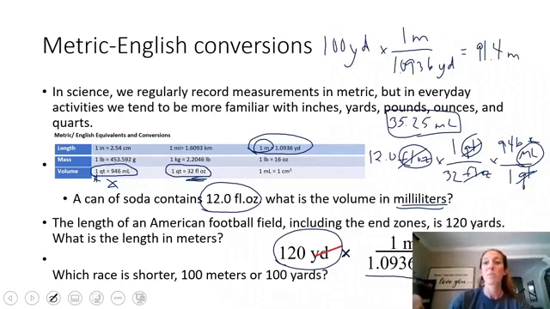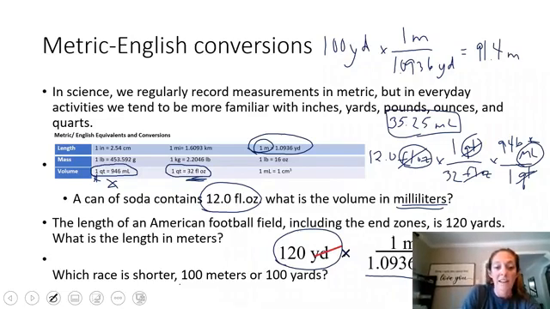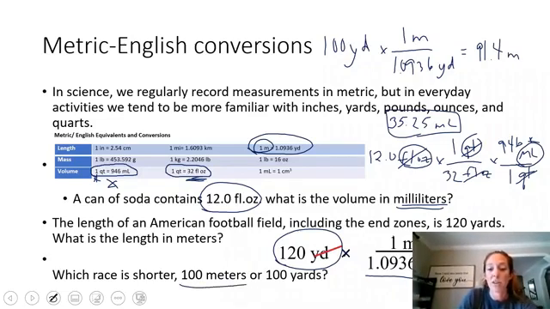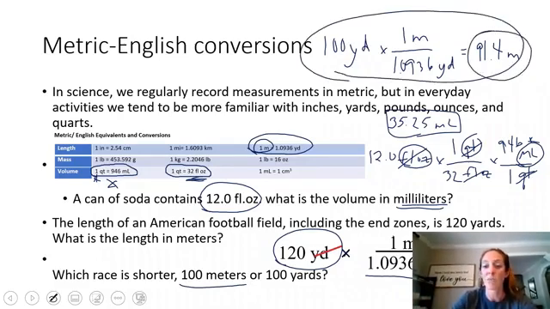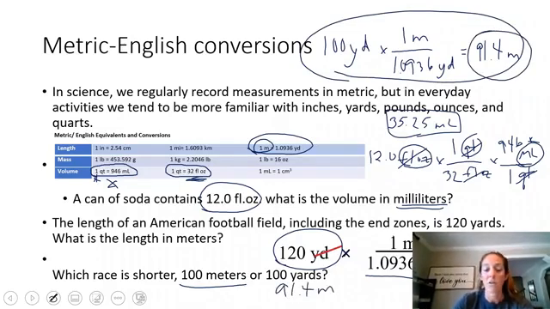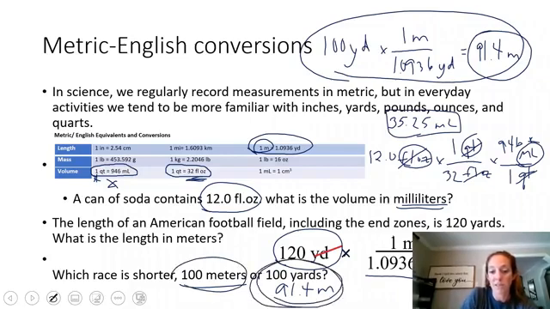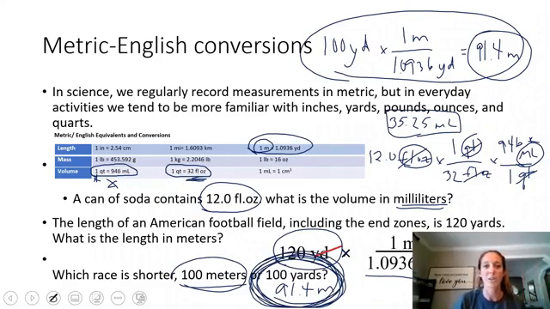All right, so in my calculations, let's say I have a 100-meter dash. If I have a 100-yard dash, up here it just showed me that that's 91.4 meters. So which is shorter, 100 meters or 91.4 meters? Definitely this guy. So the 100-yard dash is the shorter race. Now going back to that,